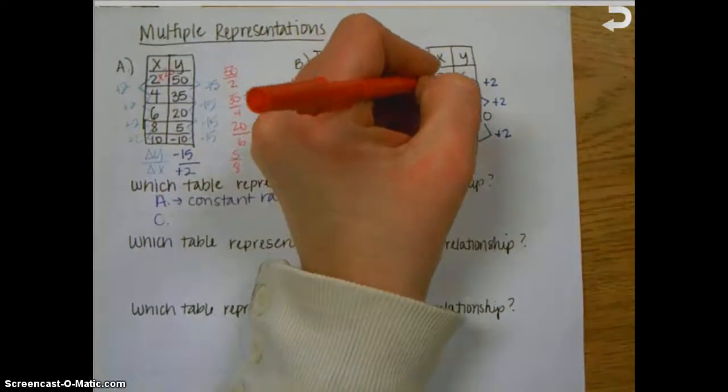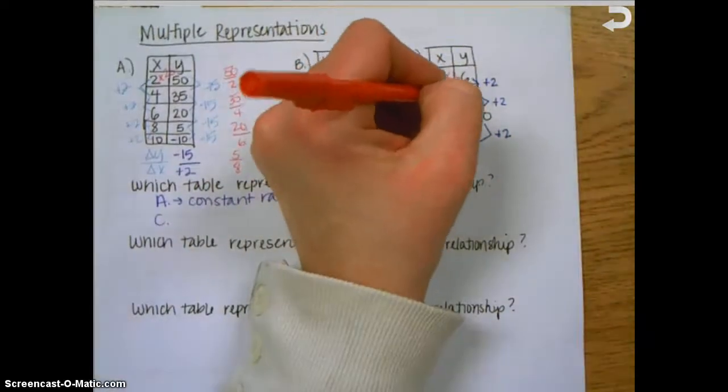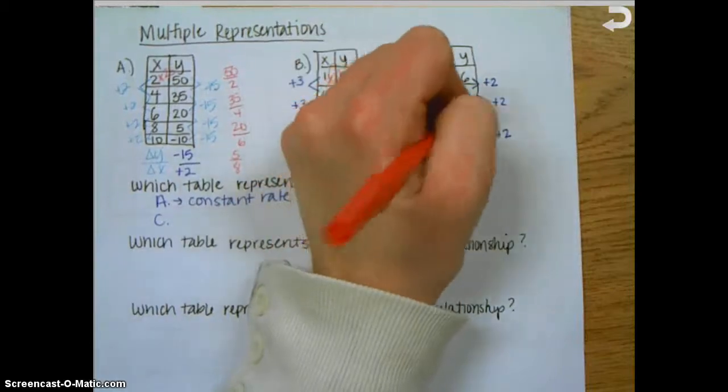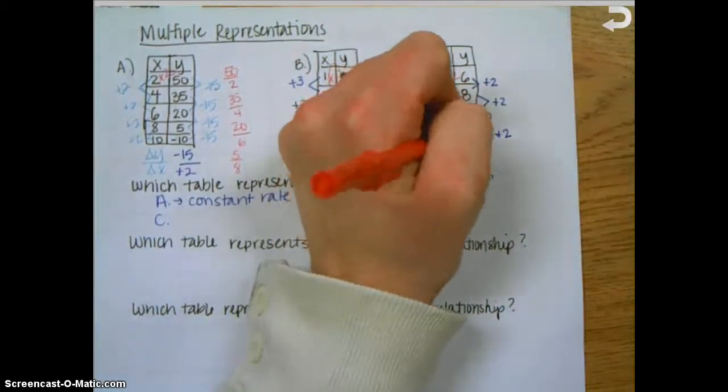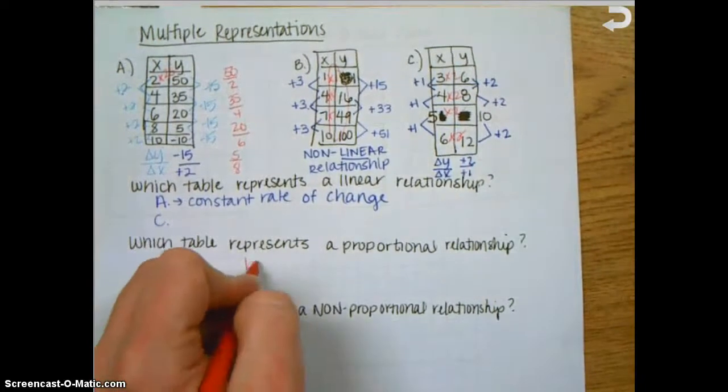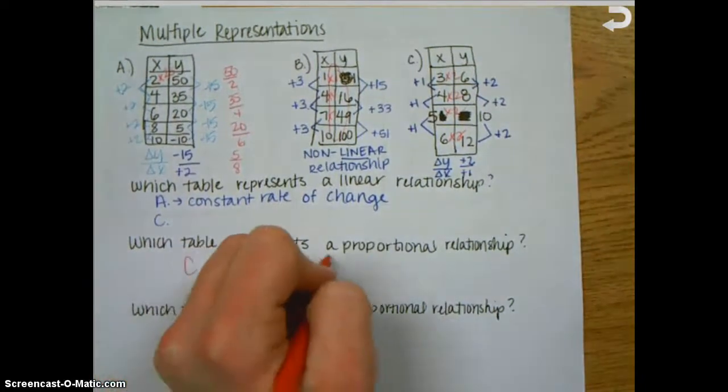3 times what is 6? Times 2. 4 times what is 8? Times 2. 5 times what is 10? Times 2. 6 times what is 12? Times 2. So C would be proportional because all the points